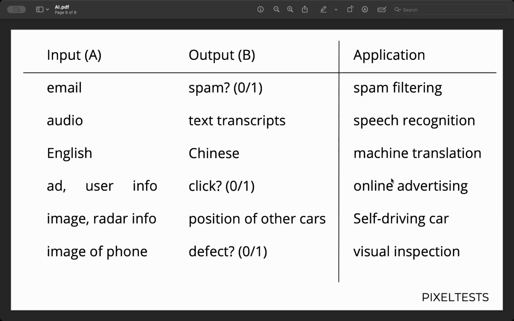This is online advertising. Now, if you give an image or radar information, and the output is position of other cars, the application is self-driving cars. Now, if you given an image of a phone or a device, and if the output has to be if it is defective or not, this is where the application is visual inspection.